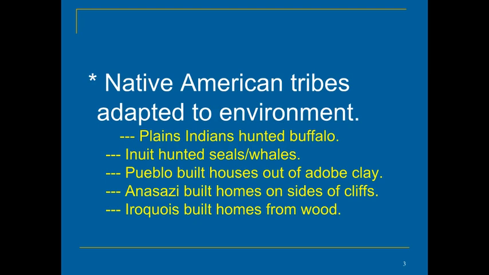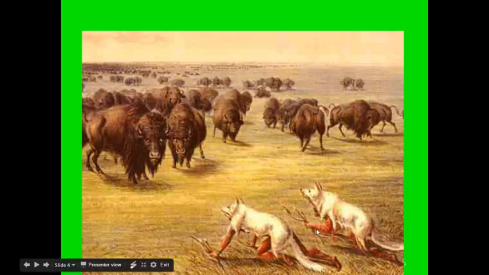depending on where they live, the Native American tribes would have developed a culture that adapted to their environment. So, for example, if you were a Plains Indian living in the Central Plains, or the Steppe, or the Great Plains of North America, then you would have hunted buffalo, and you would have lived a hunter-gatherer lifestyle focused on hunting buffalo, which would not have been easy because, remember, they didn't have horses, so they couldn't ride up to